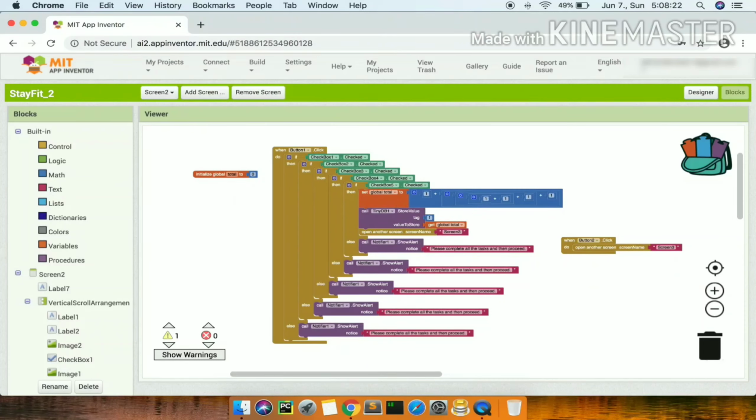So this means call TinyDB1.StoreValue to store a value, and the tag name is 1. We have set the tag name to 1, and then the value to store. What value should be stored in tag 1 of TinyDB1? The value to store is get global total. So the value we'll get here after setting the value 5 is get global total, meaning the value of global total was first 0, then we set it to 5, then